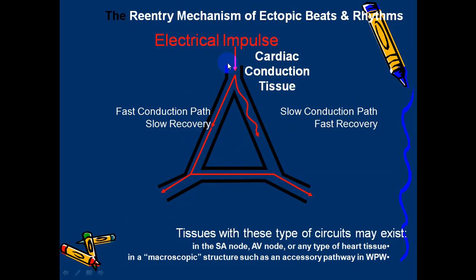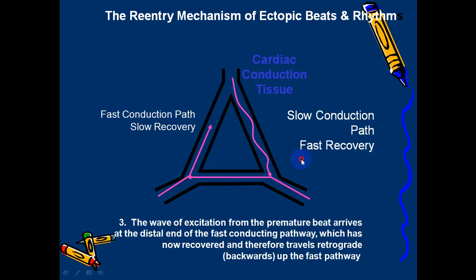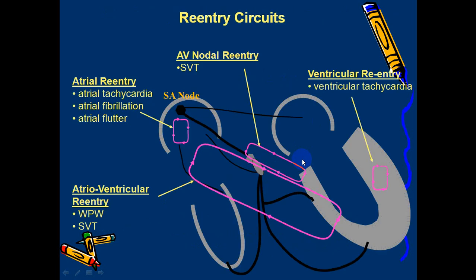So, the electrical impulse in the cardiac conduction tissue has slow conduction and fast conduction, with unidirectional blocking of depolarization in one direction because of slow recovery, and slowing down in the other because of fast recovery. This is what is called re-entry, or re-entrant circuits, a main cause of the following arrhythmias,